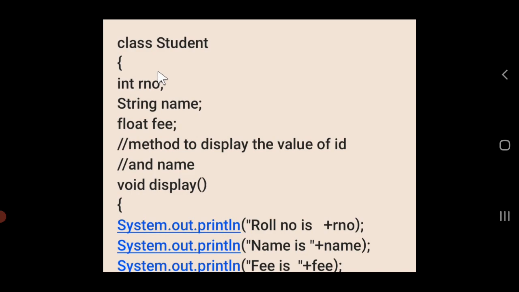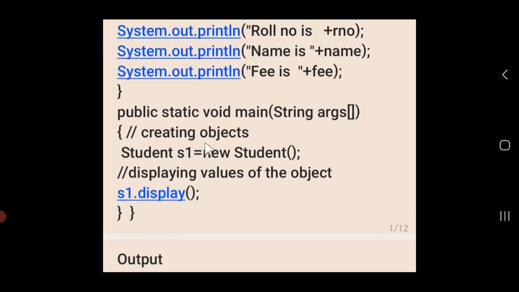So students, it's a very important thing that when we wrap up the attribute and the behavior, the attribute is represented through the data members of the class, and the behavior is represented through the member function of the class. So I have implemented the concept of encapsulation, which says wrapping up of attributes and behavior as a single unit called class, and the process is called encapsulation. And here you can see 3 data members in front of you, and one function here, that is display, and then the main function is there to create the objects of this class.